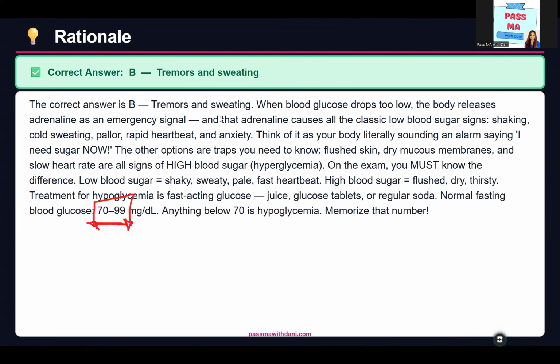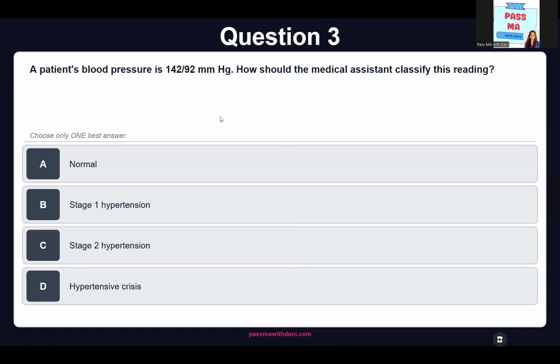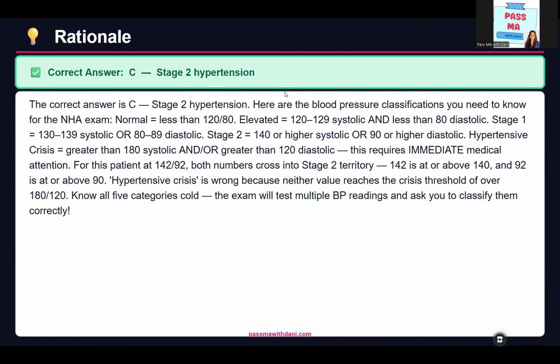All right, a patient's blood pressure is 142 over 92. How should the medical assistant classify this reading? Would it be A, normal, B, stage 1 hypertension, C, stage 2 hypertension, or D, hypertensive crisis? Again, 142 over 92. Now, for question 3, if you said that that is stage 2 hypertension, then you are